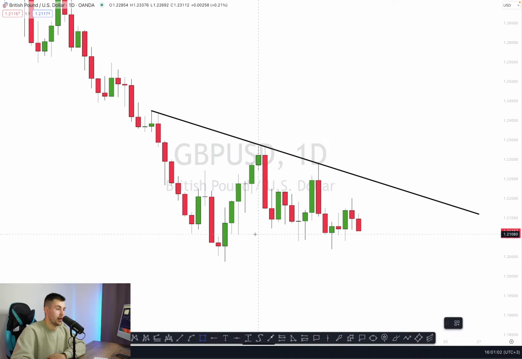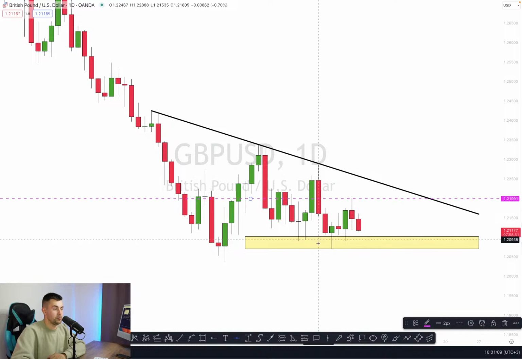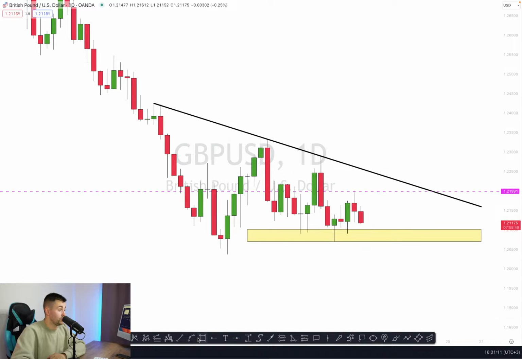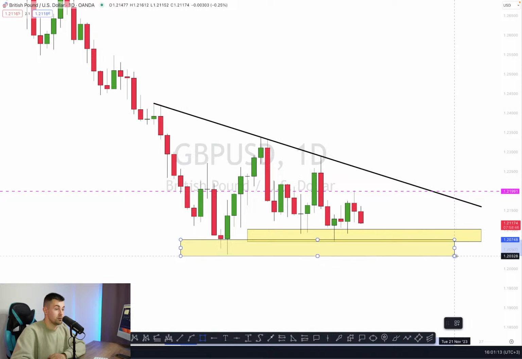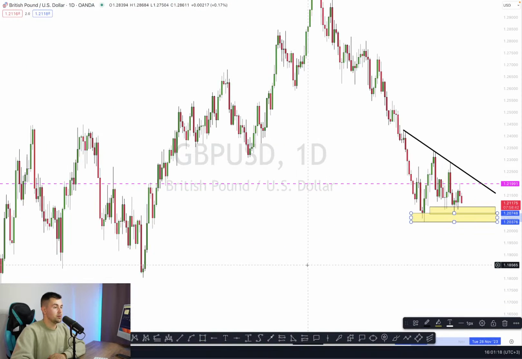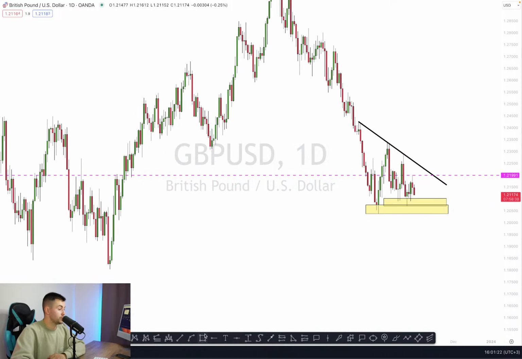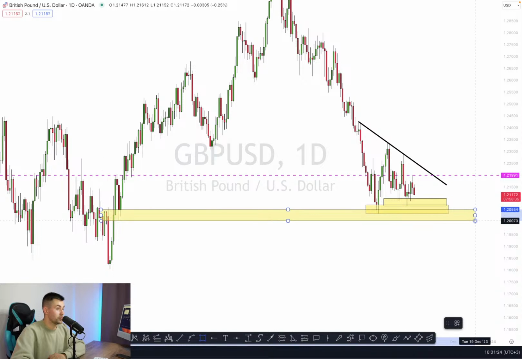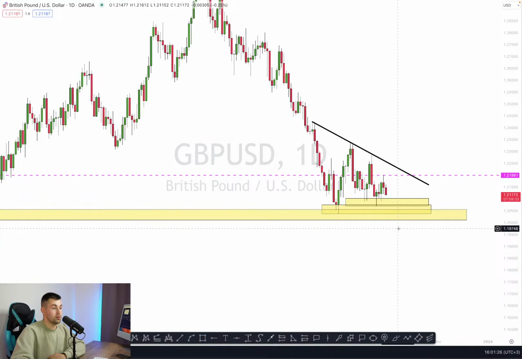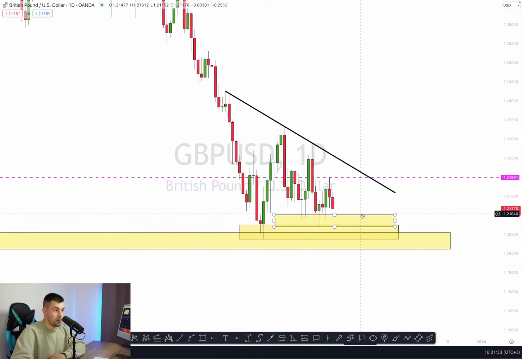We also have a very strong horizontal support right here, and it feels like we have also some minor resistance right here, and we also have a huge support right here. So we have a lot of supports. What else do we have? Let's look left at structure. Yeah, and if we look left, traders, we have one more support here. Yeah, this one. So we are very close to a huge zone of demand on pound dollar.